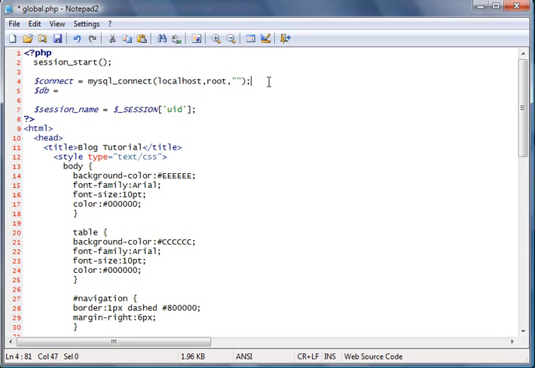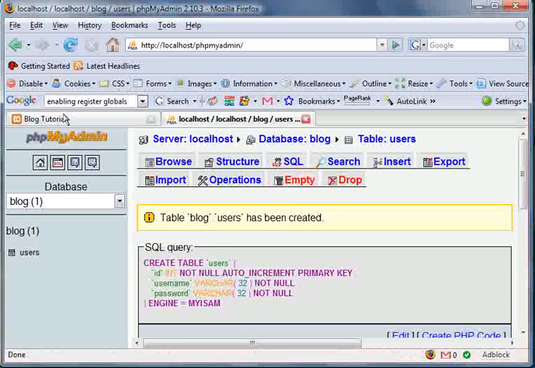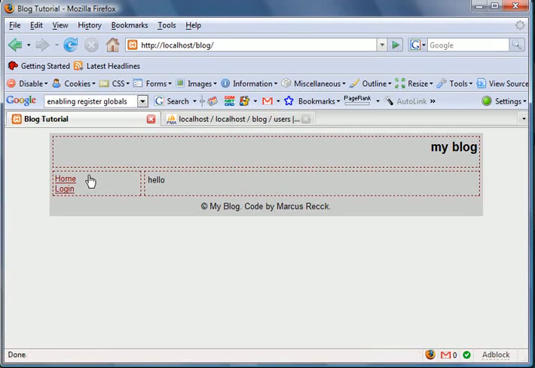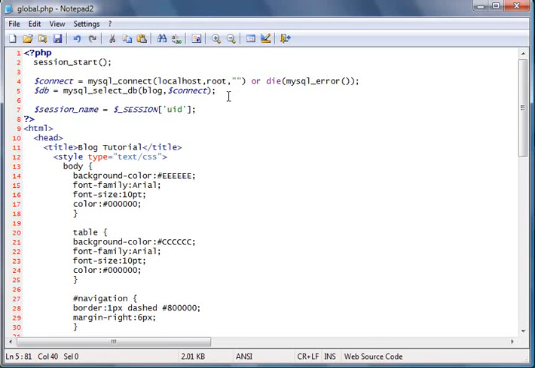I'm going to go back to the connect variable and add an or die statement. What the or die statement is going to do is if it can't connect, it's going to tell us there's an error. So basically, when that error shows up, we know we're unable to connect to that database. And then we're going to go ahead and select the database. The database was blog, and we're going to use connect here. Save it, and if we go back up here to blog, should work just fine. Okay, now that we're connected to our database,